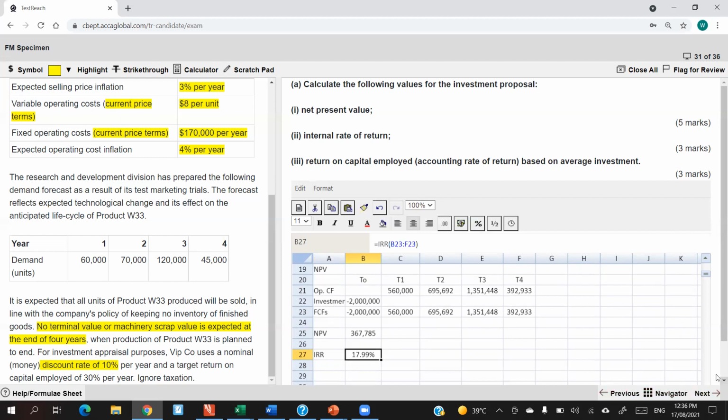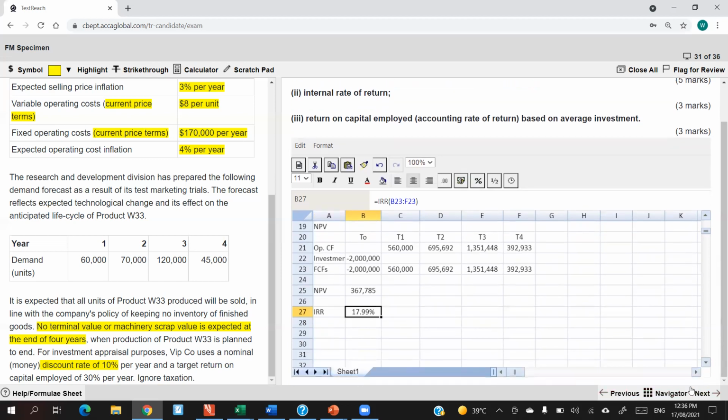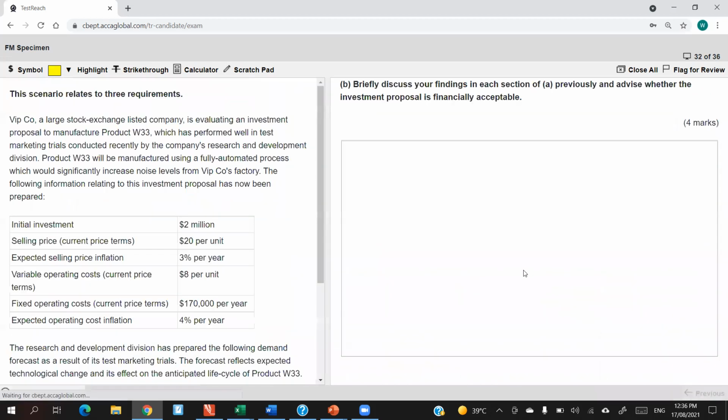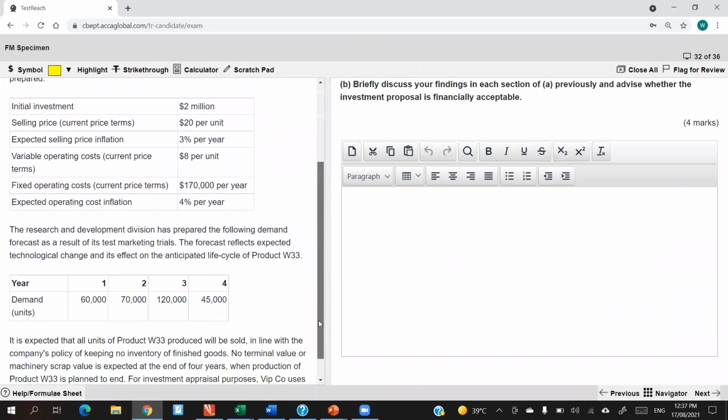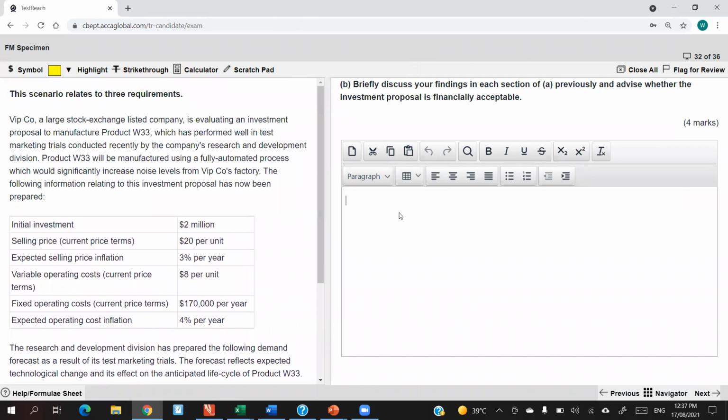Now, the other thing I would like to cover here before I close this video is the next part here, which is the discursive. It says, briefly discuss your findings in each section of A previously and advise whether the investment proposal is financially acceptable. So I just want to make sure that you know how you need to present your discursive answers. So first of all,